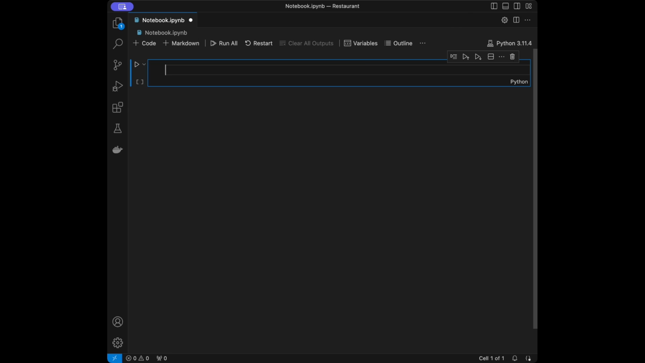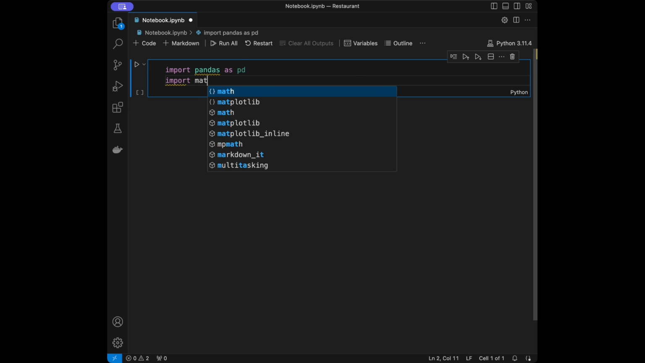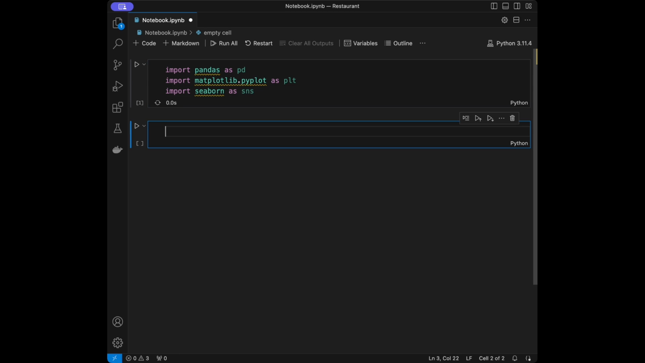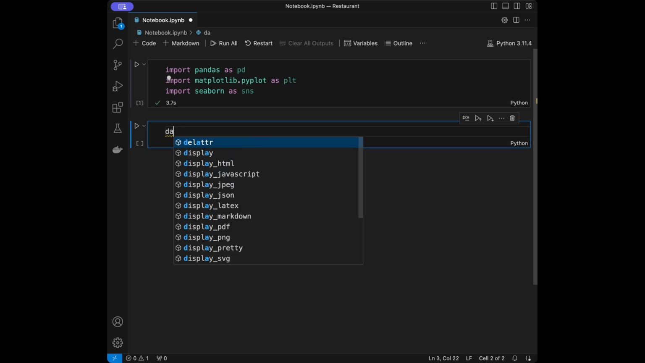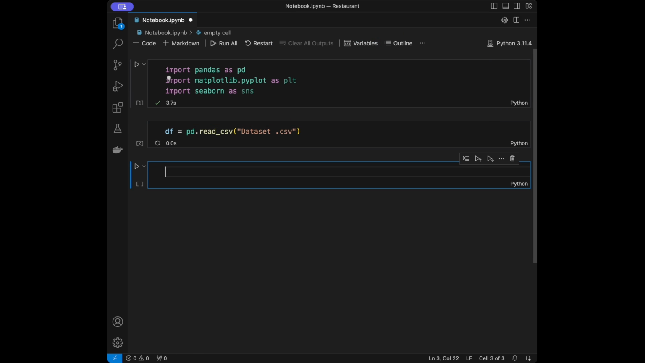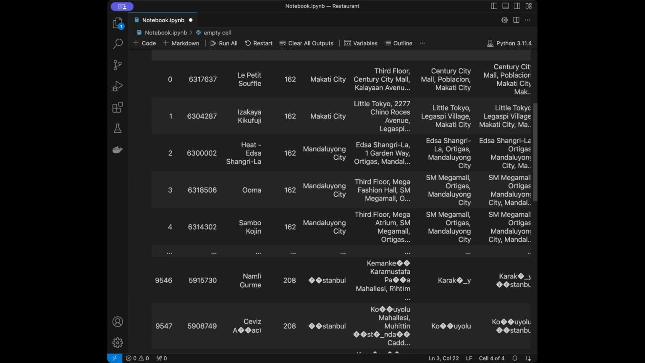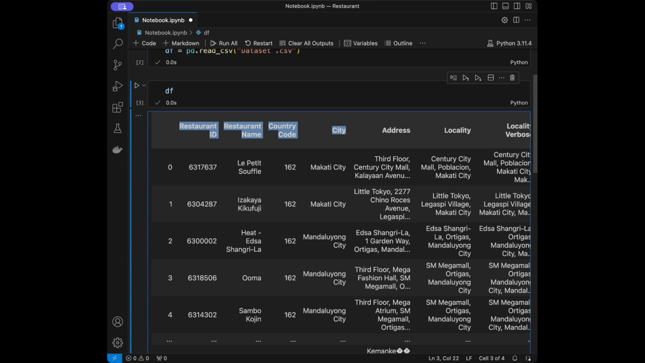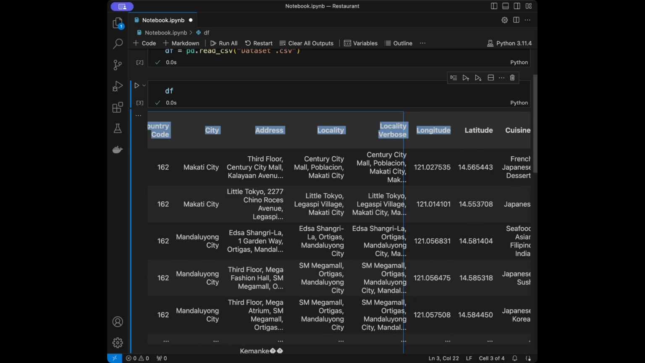And then I'm going to say import pandas as pd, import matplotlib.pyplot as plt, import seaborn as sns, and then what we are going to do is we are going to set something like data, and actually let's set like df, and it's going to be pd.read_csv and our dataset.csv, and then we can directly call our data frame and check how it looks. So we can see that we have a lot of columns like restaurant ID, restaurant name, country code, city, address,